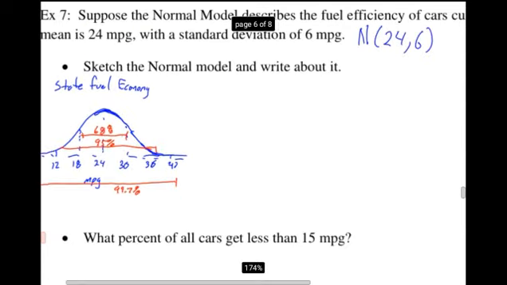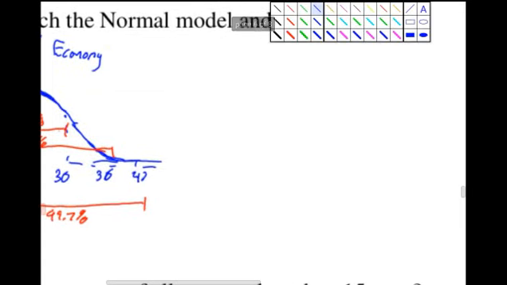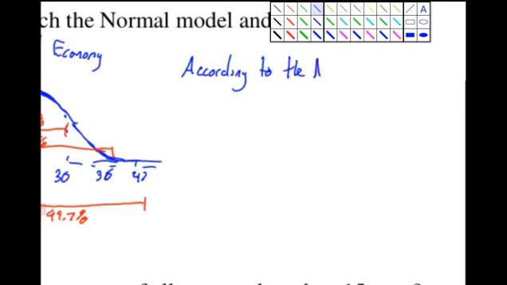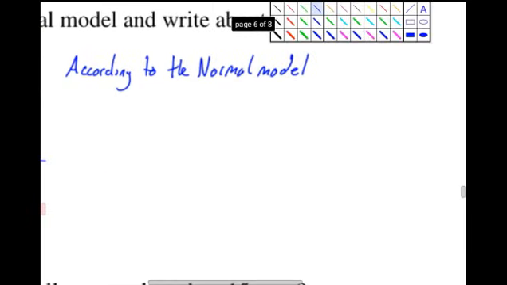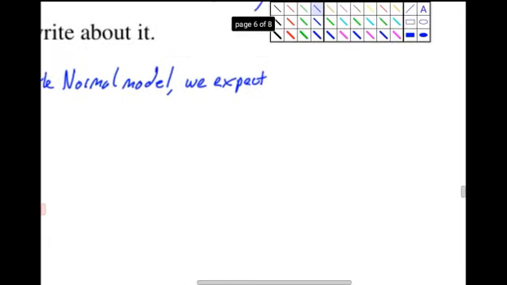So, according to the normal model, we would expect, again, there's a little bit of wiggle room, we would expect about 68%